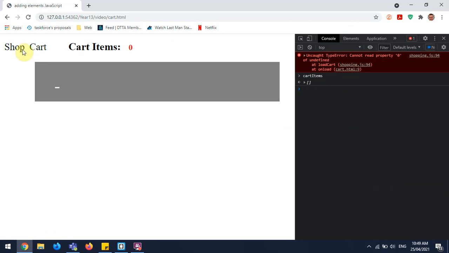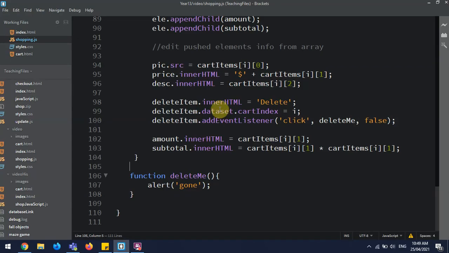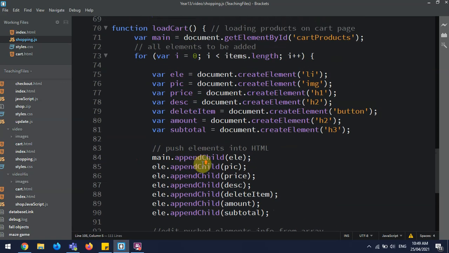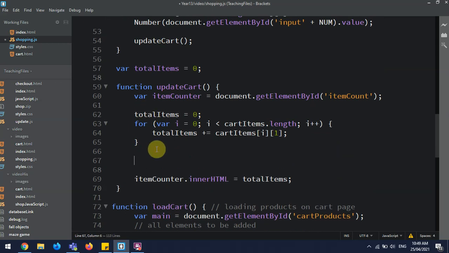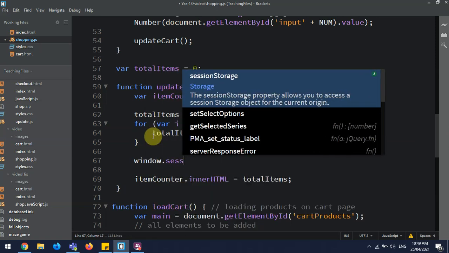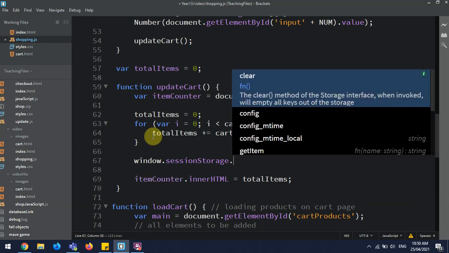This is because it basically refreshes the data as it switches from page to page. So what we want to do is push this into the session memory. In order to do that, when we update the cart and we've counted everything, it would be a good time to say, right, let's put this into remembered data. So we're going to go window.session_storage dot